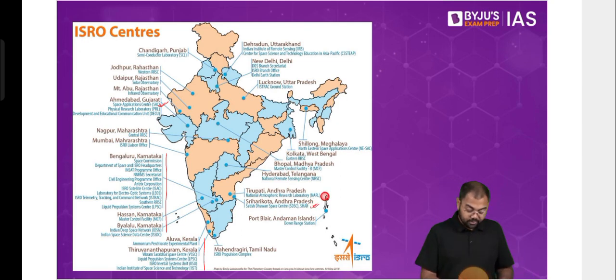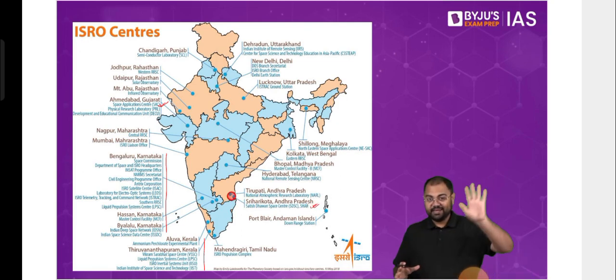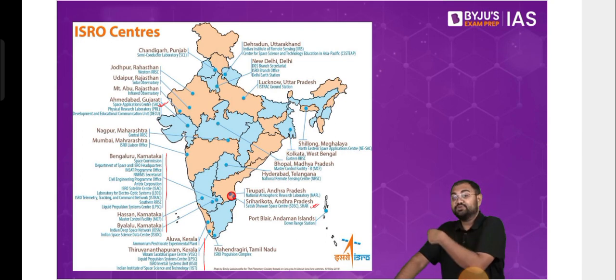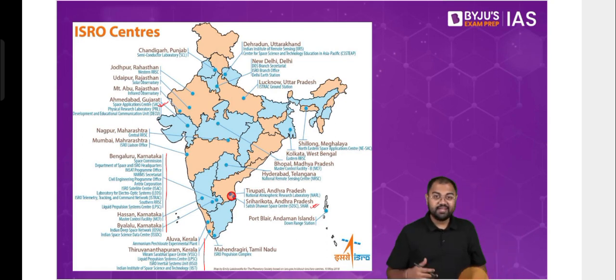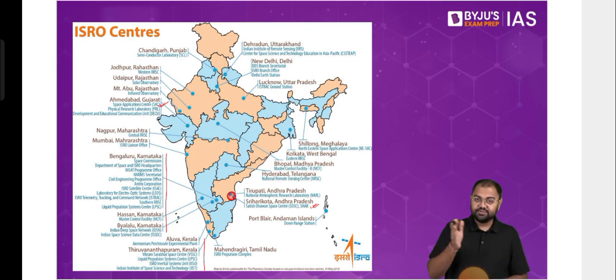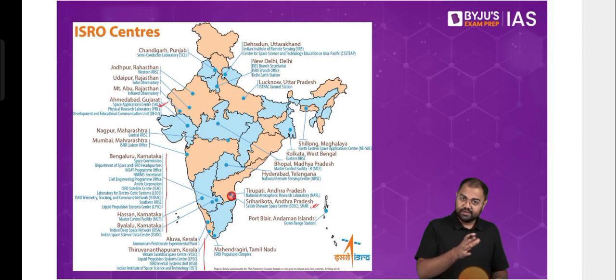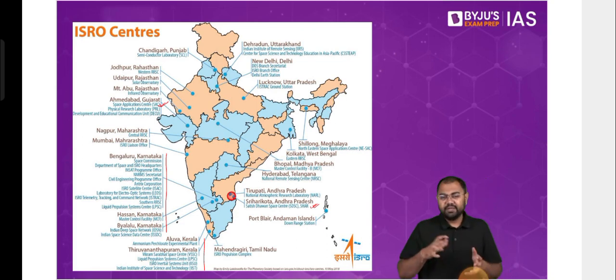Now, if let's say the satellite was being prepared in Delhi, and it had to come all the way to Sriharikota in Andhra Pradesh from Delhi, it would be a big logistic challenge, right? So it's not that easy that you just keep the center anywhere and you can manage from there. That's why you see that the headquarters of ISRO is also in Bangalore, and many of these things are in Bangalore, and then after that there are other centers.